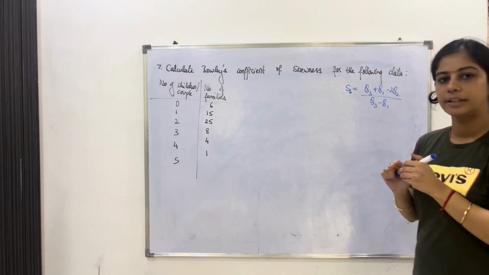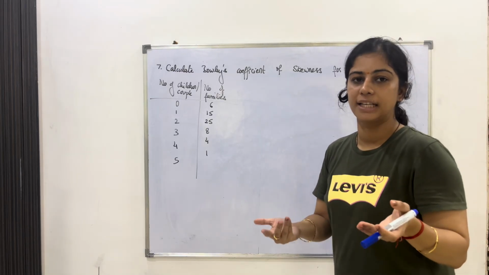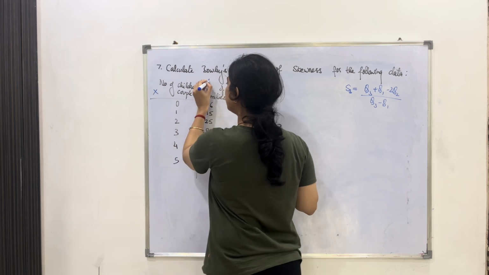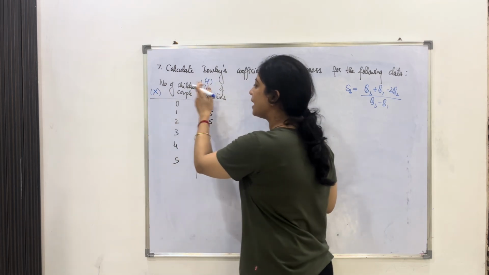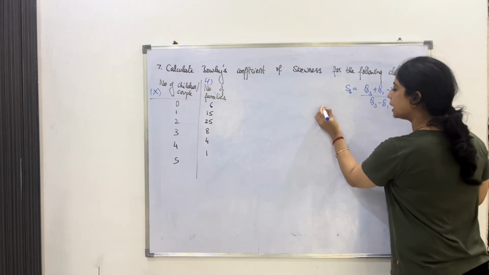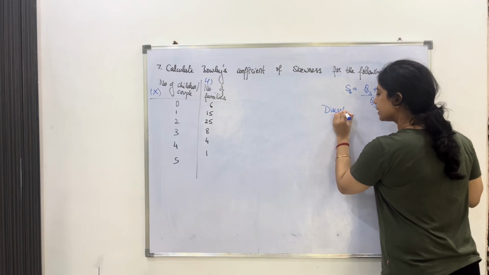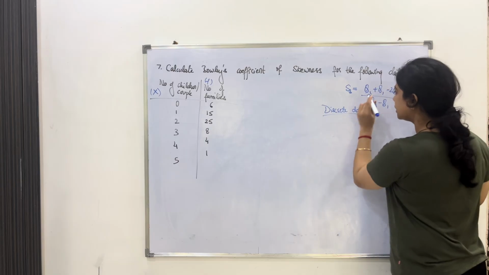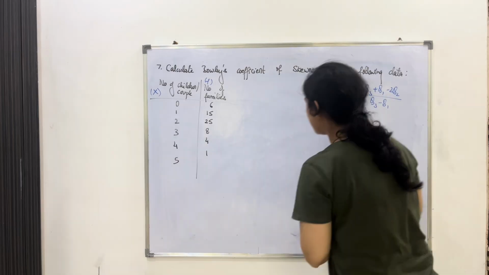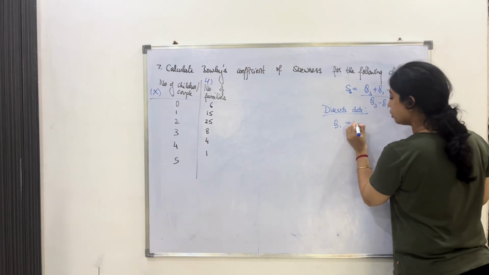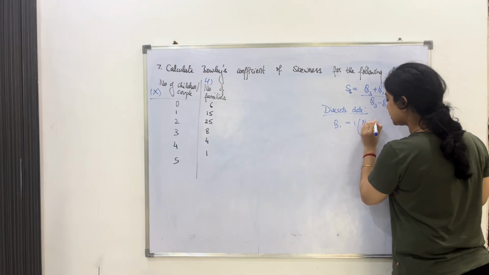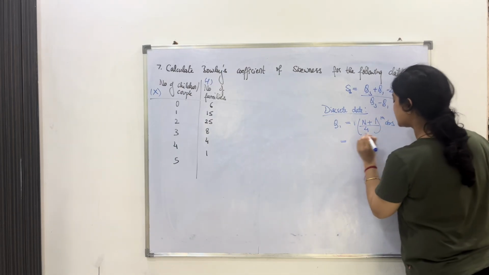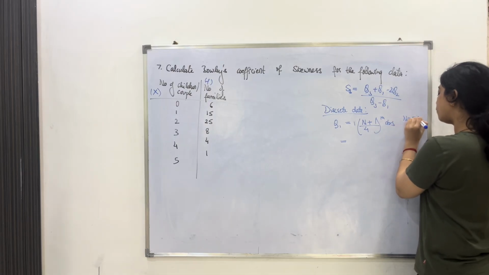In order to calculate quartiles, we need to know which kind of data is given to us. So here we have again X column along with the frequency. So when you have X along with the frequency, it is your discrete data. Now, for discrete data, we are supposed to calculate the quartiles. Now, first we'll calculate Q1. So the formula for Q1 is 1 into capital N plus 1 by 4th observation. So capital N is nothing but the sum of frequency.